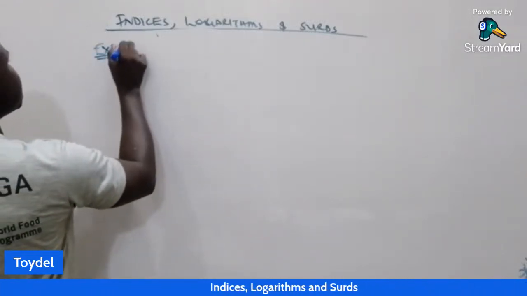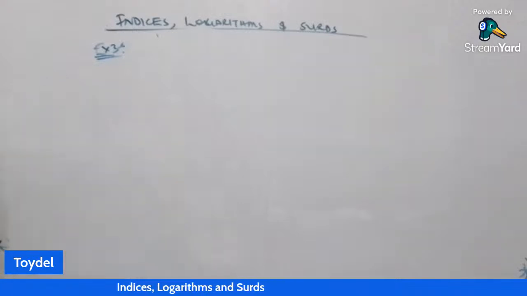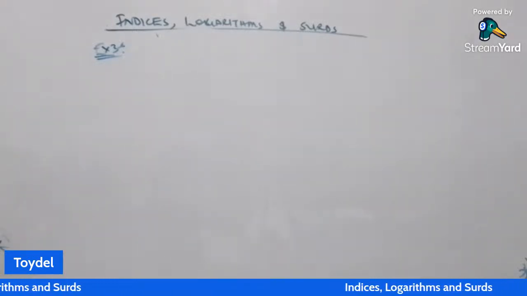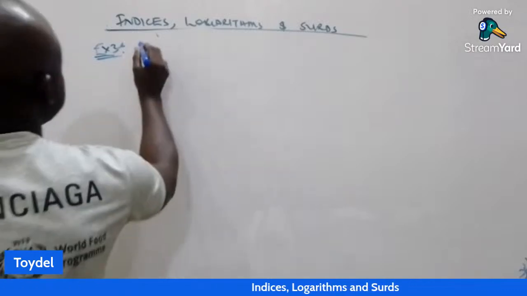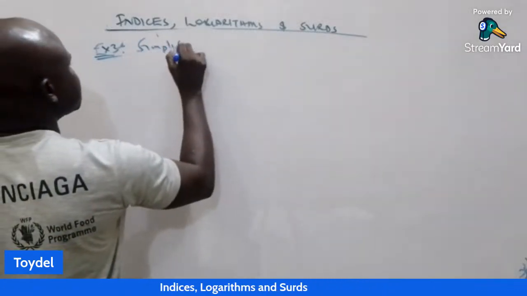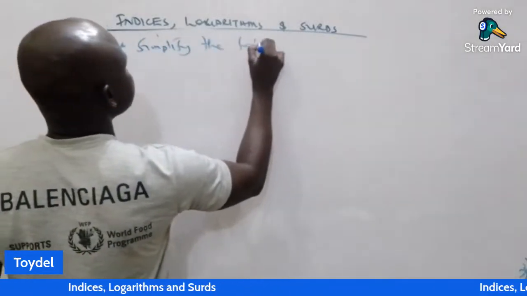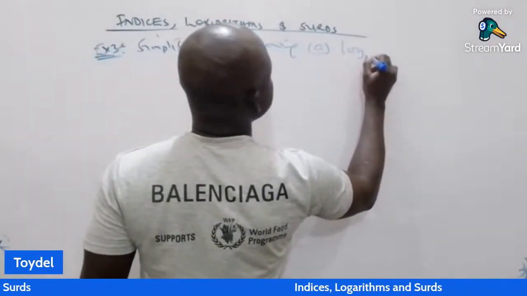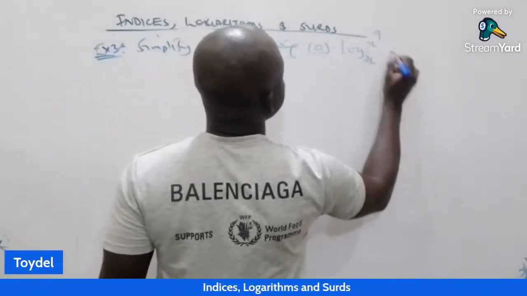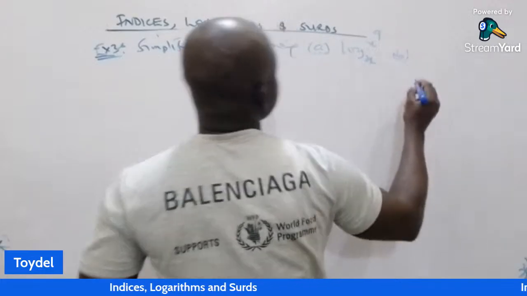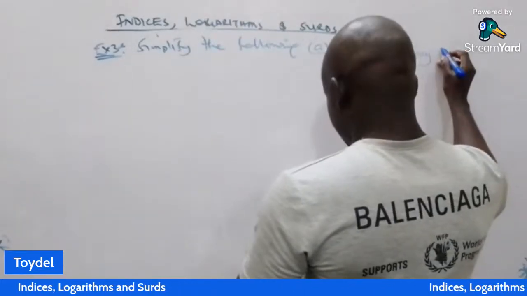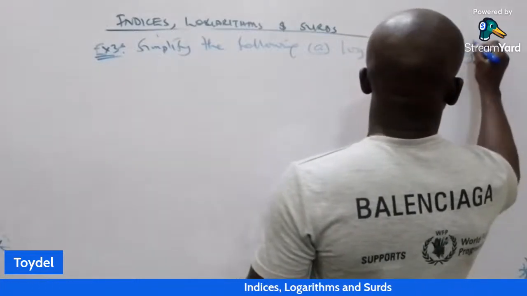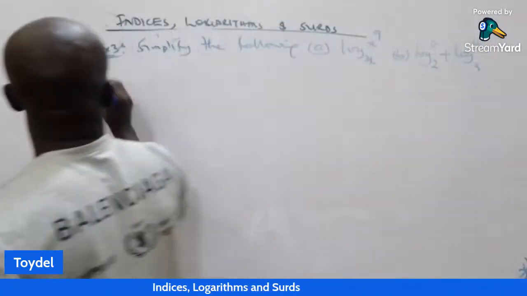Let's take example 3. Simplify the following. A: log x base x raised to 9. Then B: log 8 base 2 plus log 4 base 2. Then C,